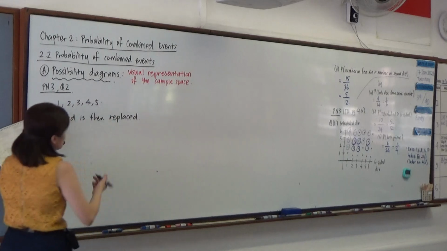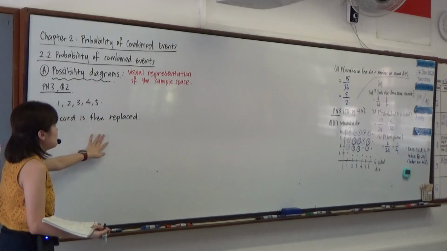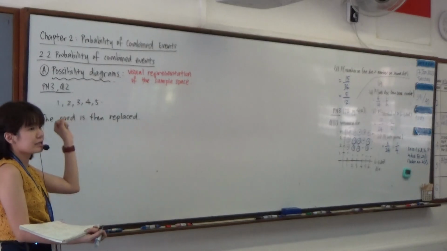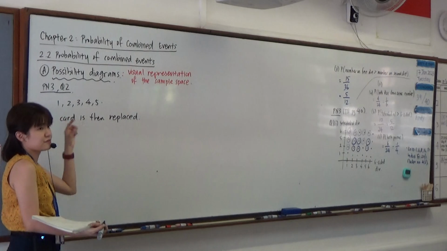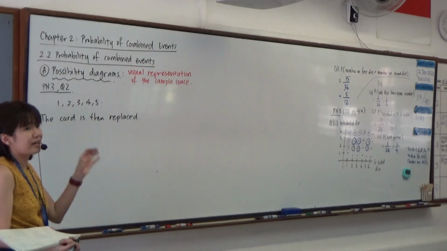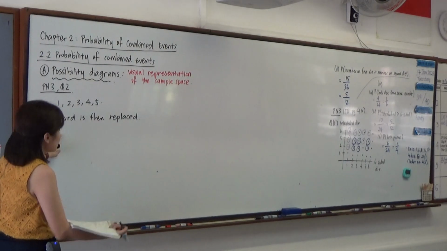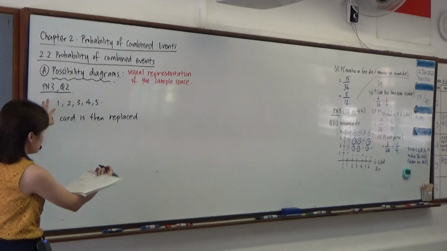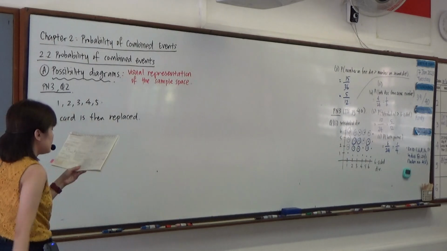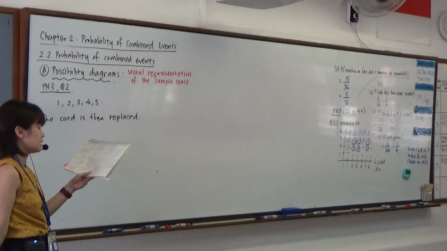At this juncture of our probability, we are not looking at whether something has been taken out and never put back. This idea of being replaced means that you take it out, then you put it back. So whenever you pick from the bag, there are always 5 cards to choose from. Later on in this chapter, we'll look at what if I never replace. Then definitely the probability will change. So the card is replaced, that means there are always 5 cards in the bag. Then you take out a second card, and the number is noted again.